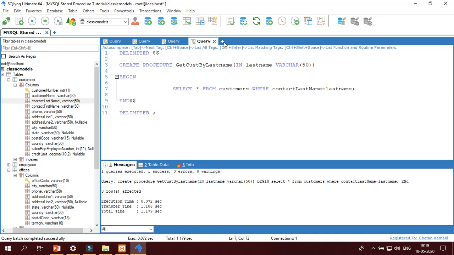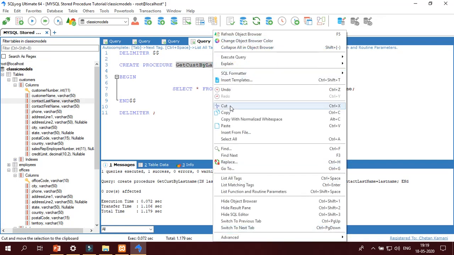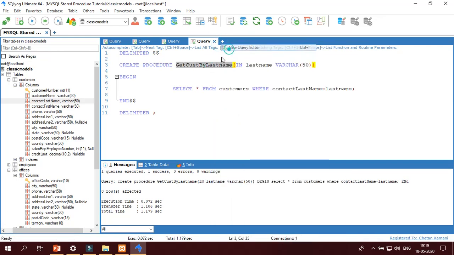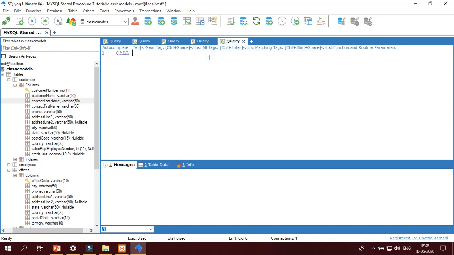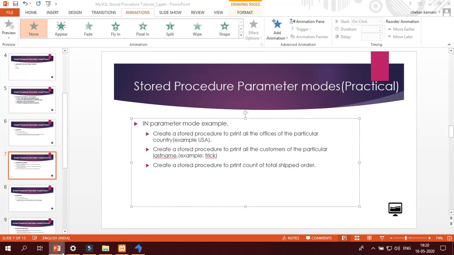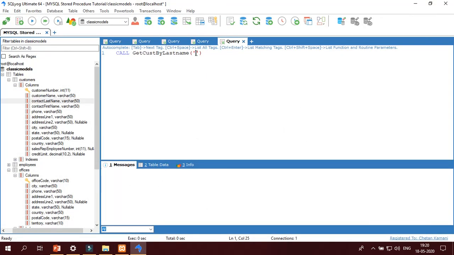Now in the next step, I am going to call this procedure. For the call I have to write call, then the procedure name, then specify the last name. In this case, what is our last name? Frick.